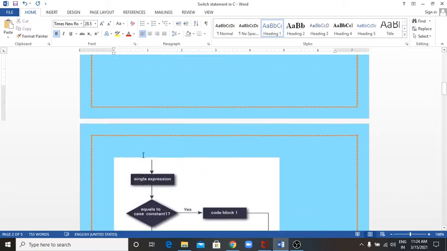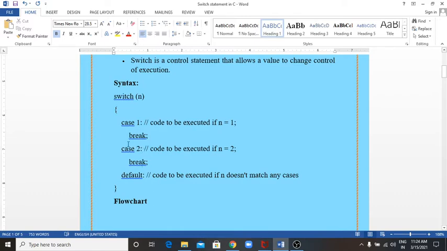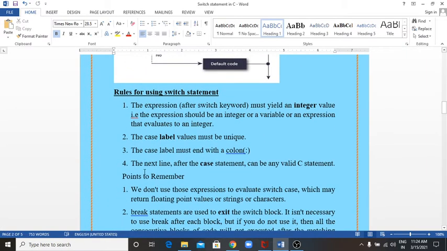That means here, see in the syntax case 1, case 2, case 3, these labels 1, 2, 3, 4 are the labels, and this value is unique for each statement. The case label must end with a colon. The next line after the case statement can be any valid C statement.